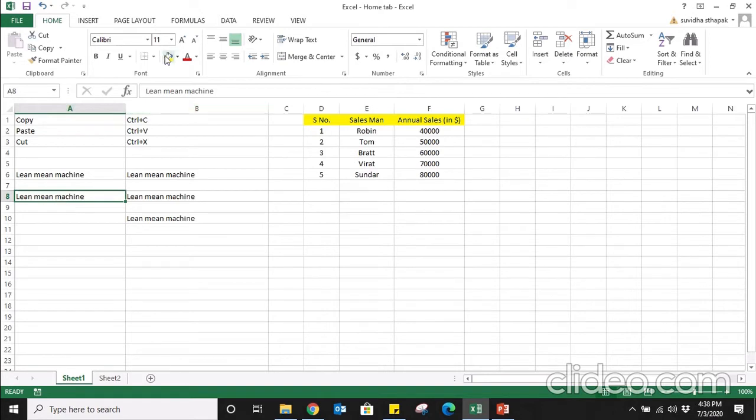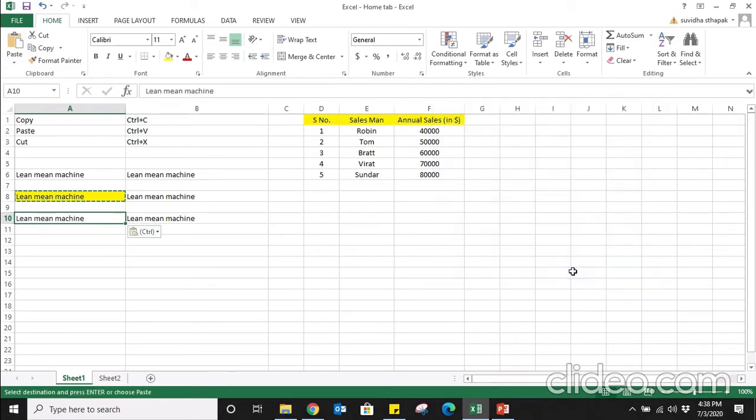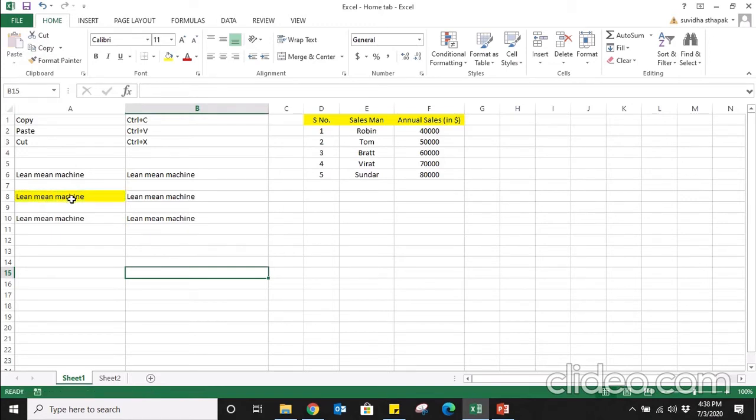Suppose I give formatting of yellow color over here, and I copy this, and I want to paste only the text over here and not the color. So I'll go to paste special, I'll select values, and then OK. I'll explain this again. I'll select copy, I'll go to paste special,